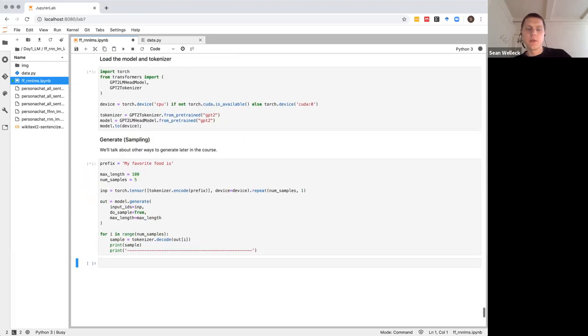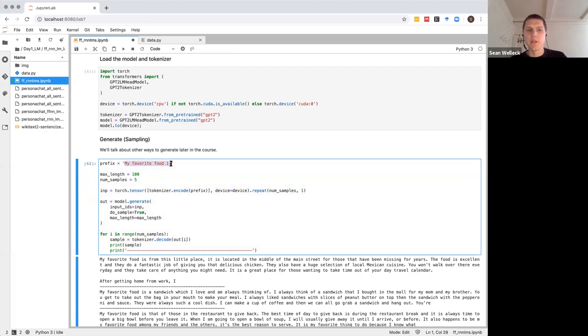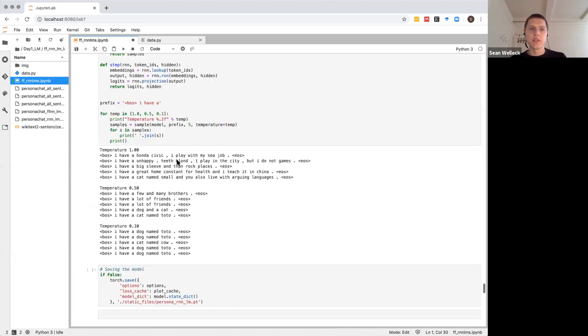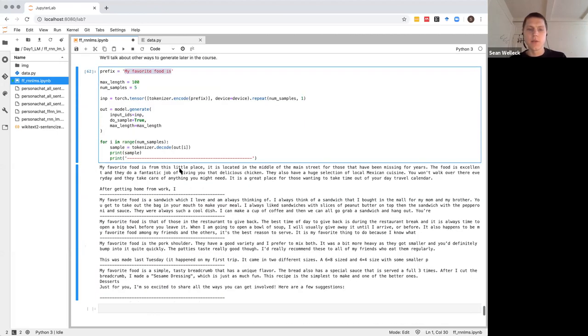And then we're going to do the same thing that we did above with this RNN, which is to draw different samples from this model. So here we're going to start with this prefix, my favorite food is, and then we're going to just generate by sampling different samples from the model. And you can see that unlike above where these sentences were kind of not the greatest, here this large-scale model